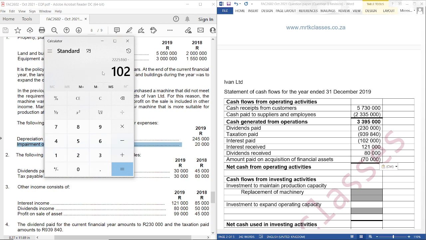Subtract this, plus, right, plus minus. Okay, so this is our answer,